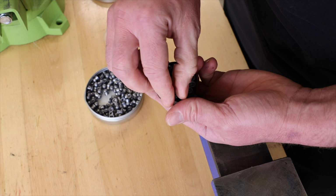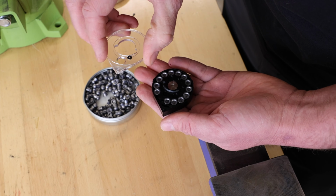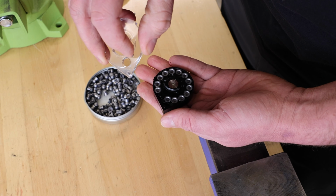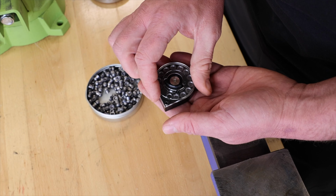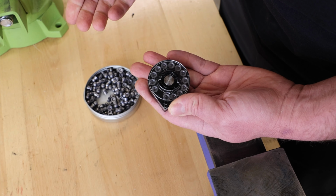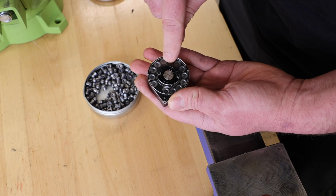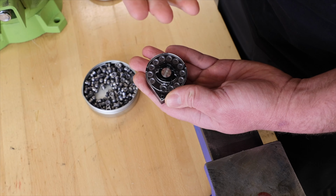With the magazine completely loaded up, I put my cover plate back on, and I've got this O-ring on the outside. That lines up like that. 2 clicks again, and I'm ready to insert it into the gun. If you don't put this all the way back, 180 degrees, then it's not going to insert all the way